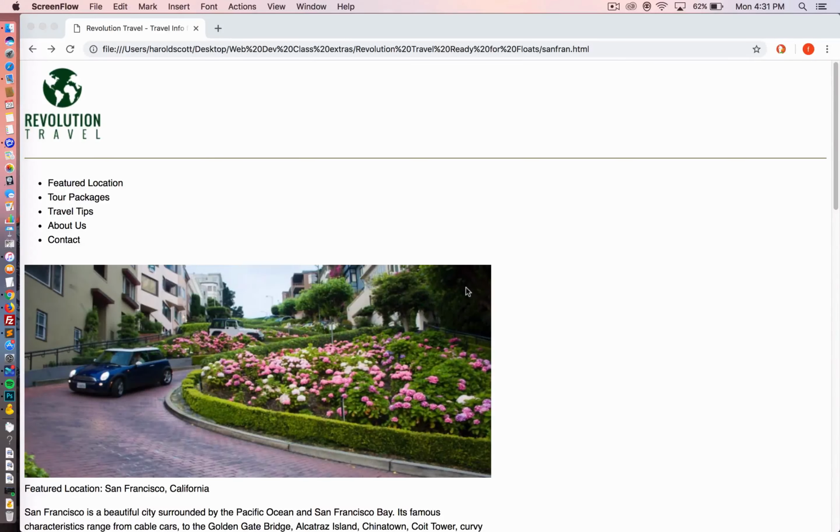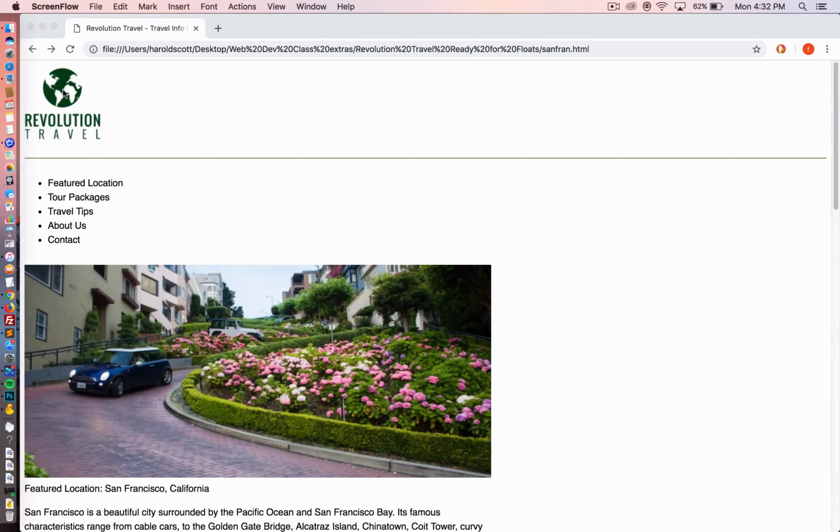from Textbook 1. We'll be coding links, images, and page jumps. We're going to be adding links to the navigation near the top of the page that's formatted in an unordered list: the featured locations, tour packages, travel tips, about us, and contact. We're going to turn those into working navigation. We're also going to make the logo at the top of the page link back to the home page of